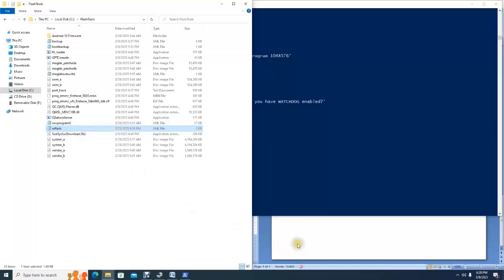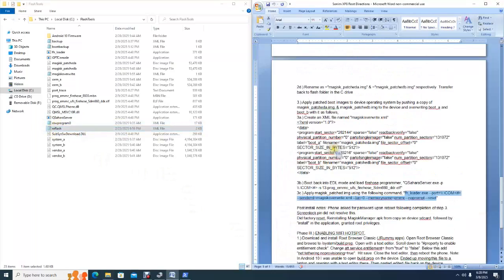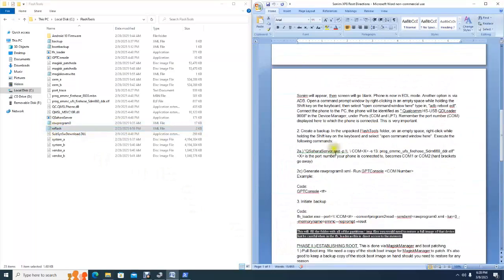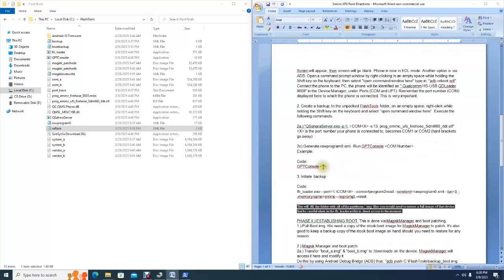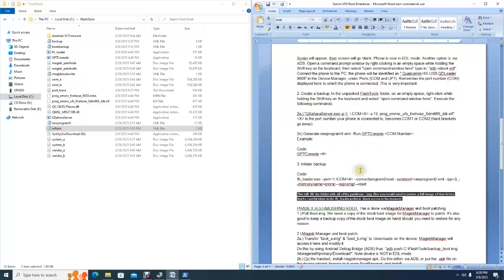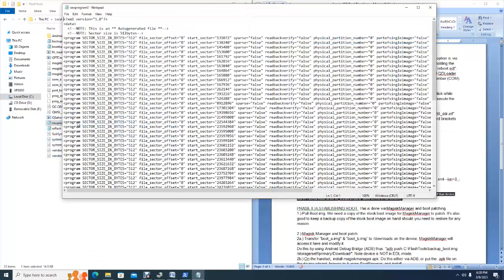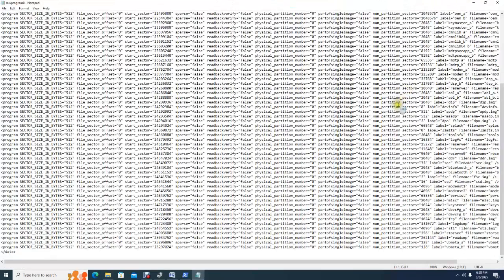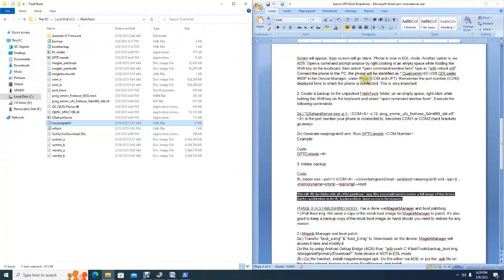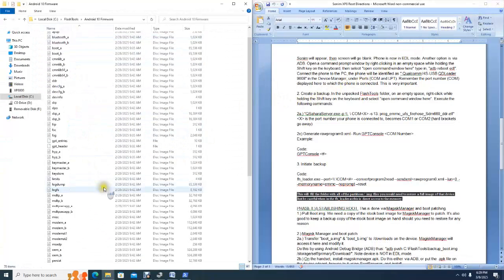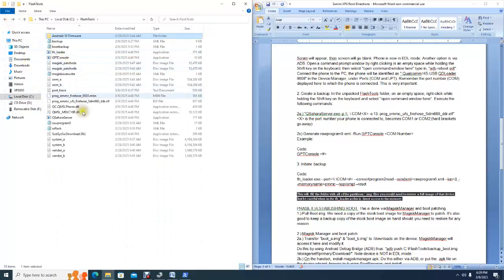If you followed our instructions back in step 2, when we initiated the backup with the GPT console by the COM number and then hit this command, it generated this raw program, which has everything in that folder. That's what pulls the image files. So you copy those out of there and drag them into this folder. This is where all of the actual image files are stored, but we drag what we need into here, and then we flash it with this Reflash